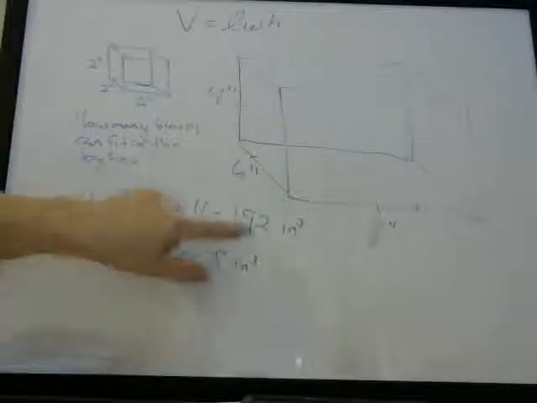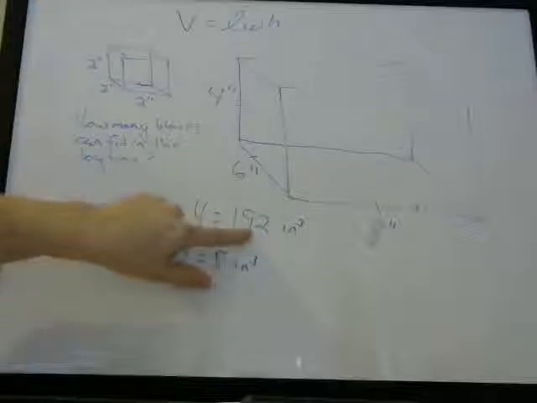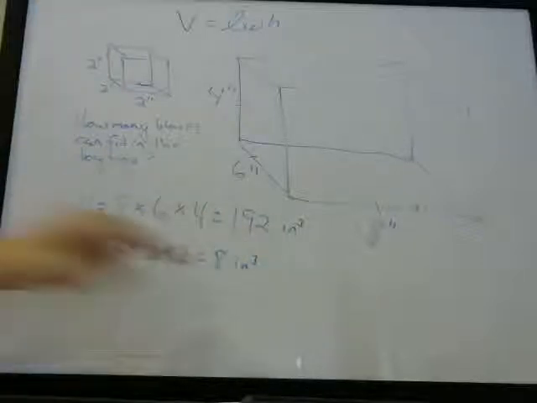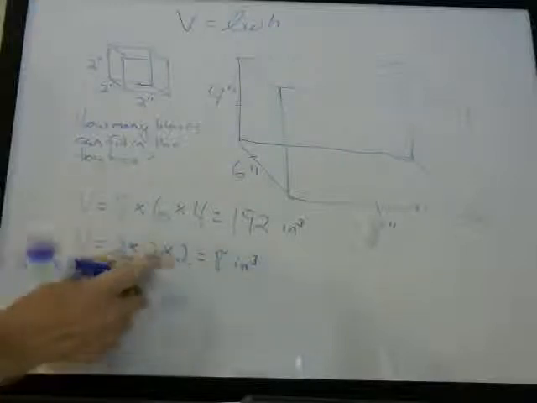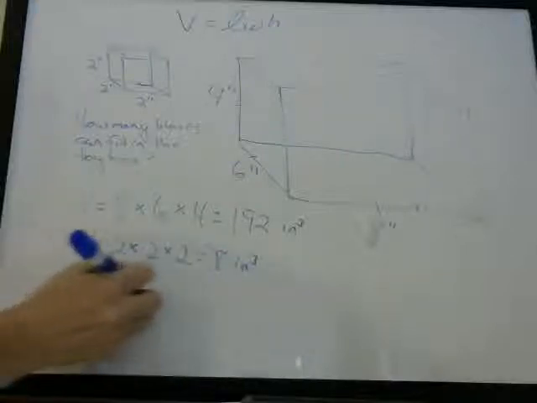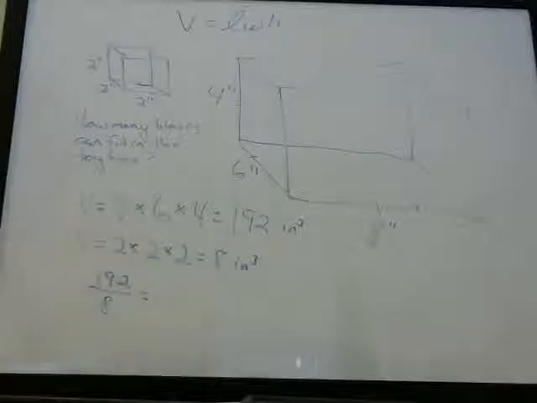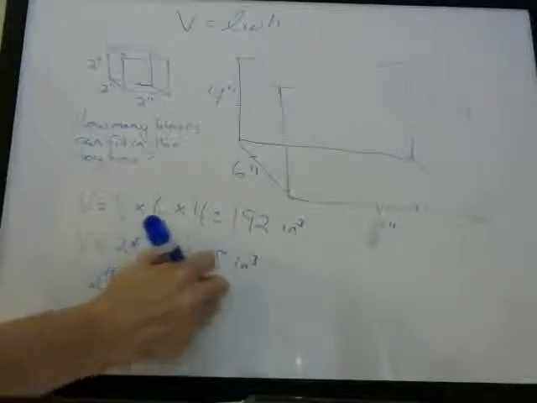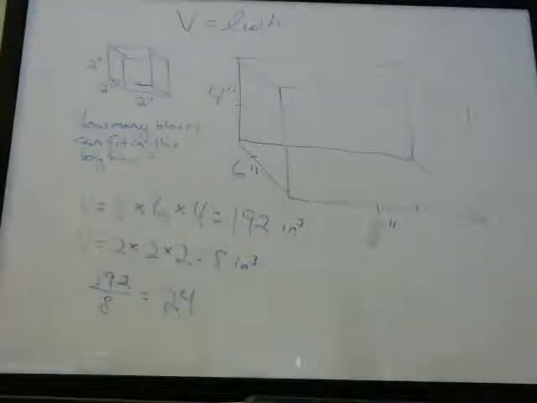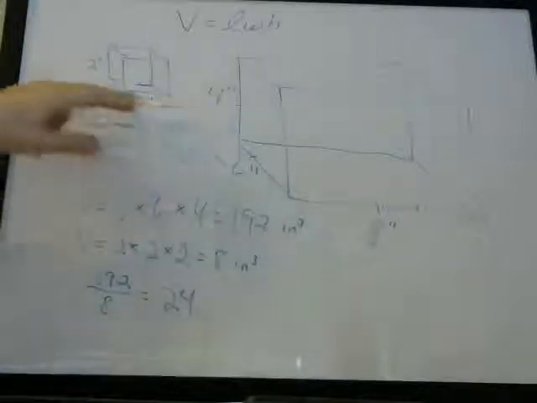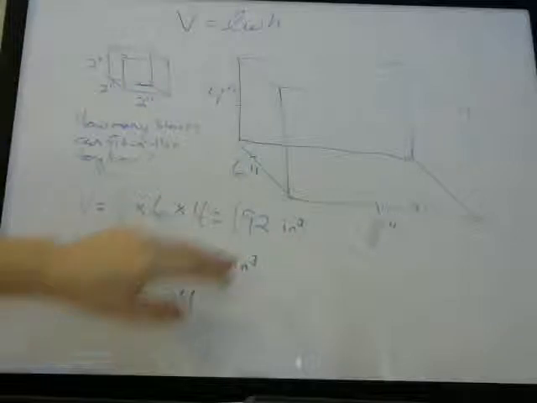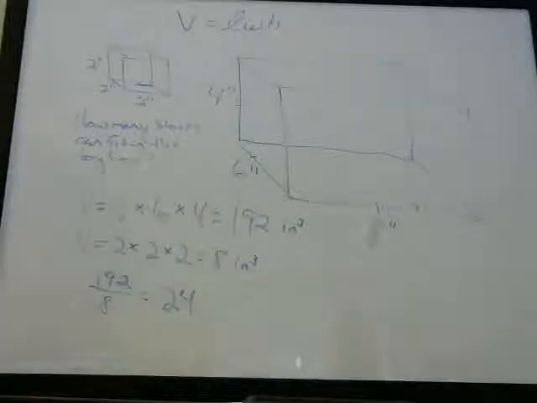So how many of these fit into here? You just divide 192 divided by 8. So 192, that's our total volume, divided by the volume of one of the blocks. You get your calculator out and you're going to get 24. So that's the same answer that we got before. This is obviously a little bit easier if you understand volume, because you just have to multiply these three numbers together, multiply these three numbers together, and do a division,